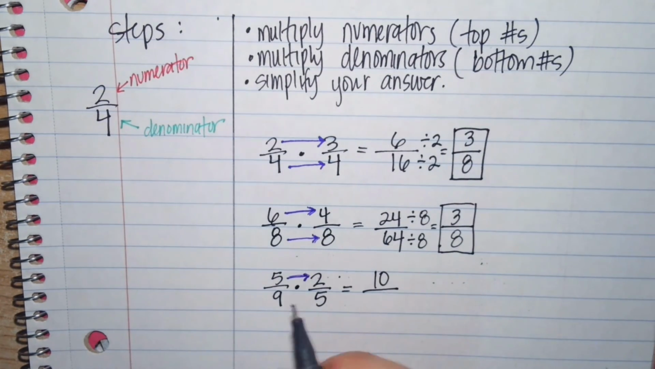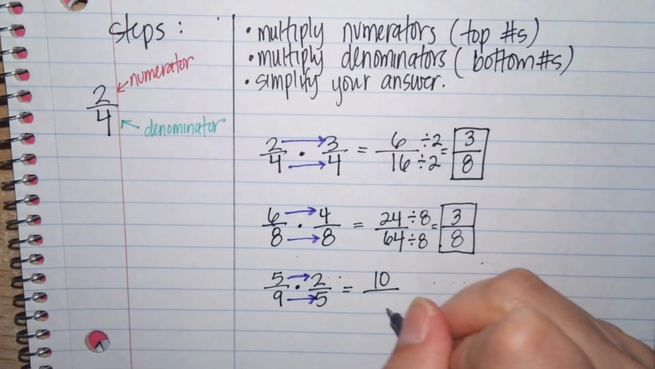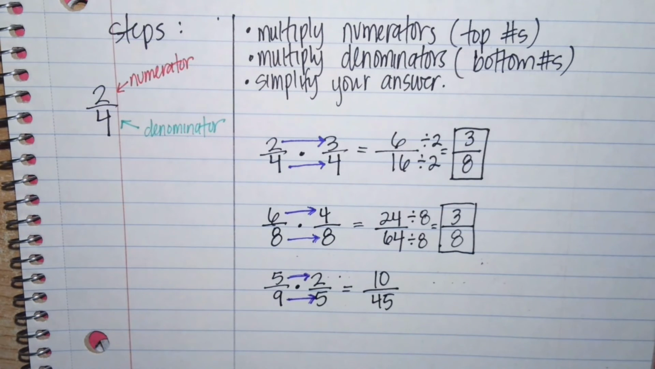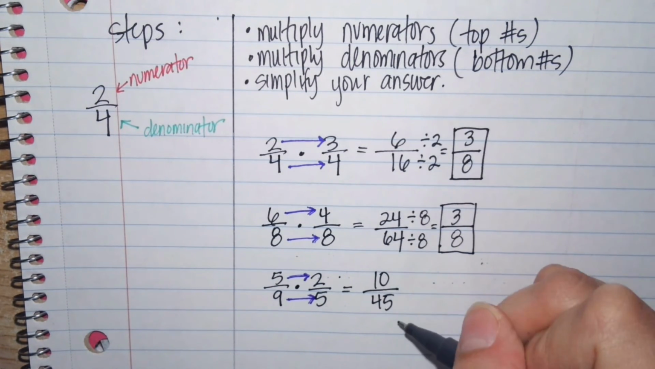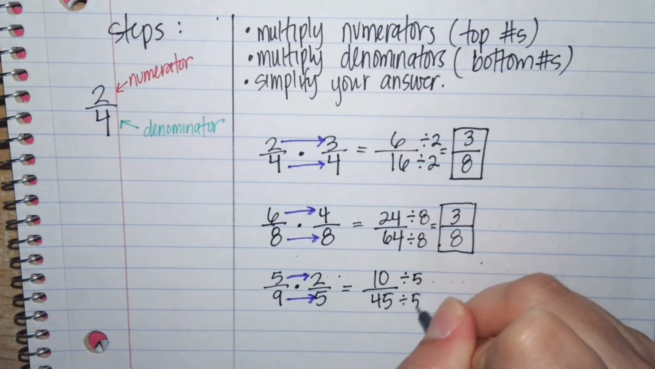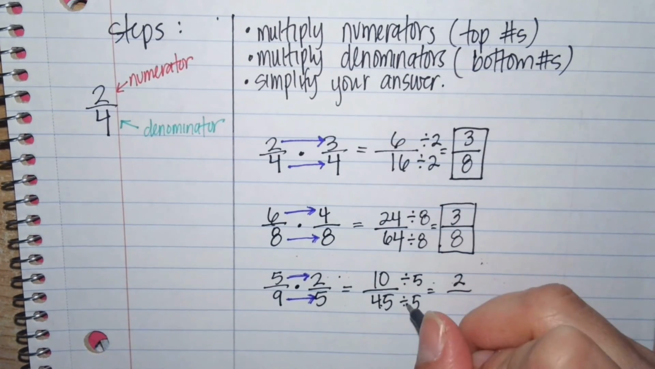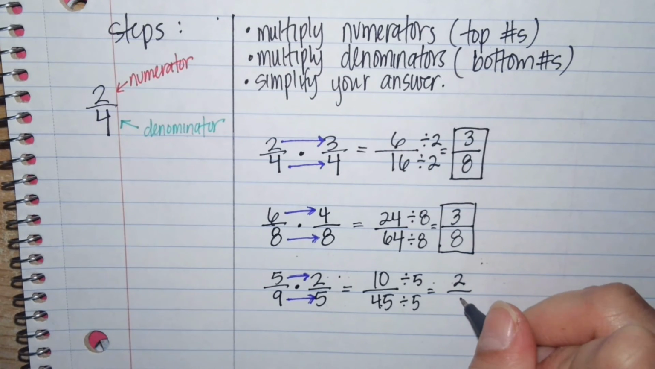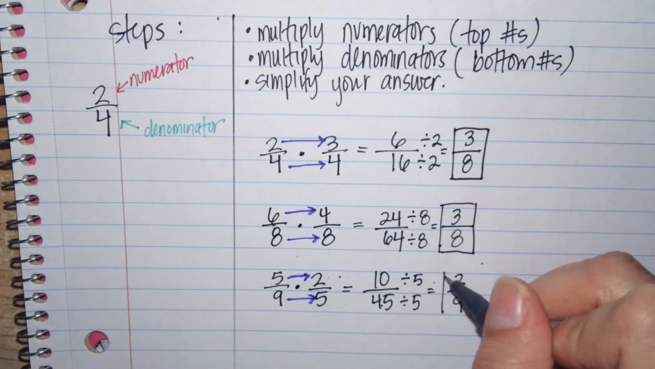Now we're going to get 9 and 5, which are our denominators, multiplied together. That's going to give us 45. When I look at 10 and 45, yes, I can divide them by something. They end in 0 and 5. That means that they are both divisible by 5. So we're going to divide top and bottom by 5, leaving us with 10 divided by 5 is 2, and then 45 divided by 5 is 9. Now 2 and 9 have nothing else in common, therefore we are